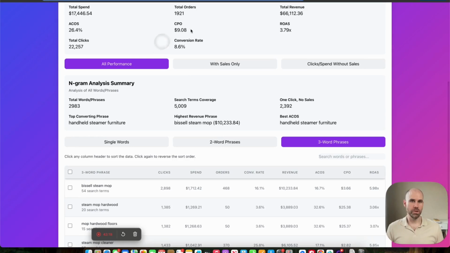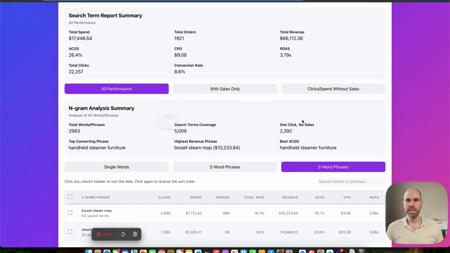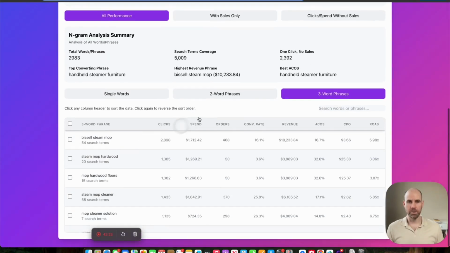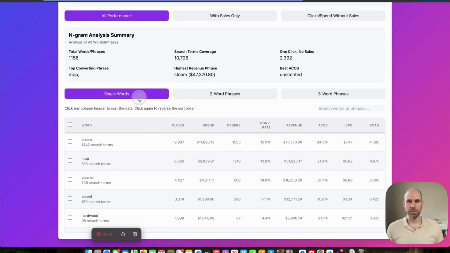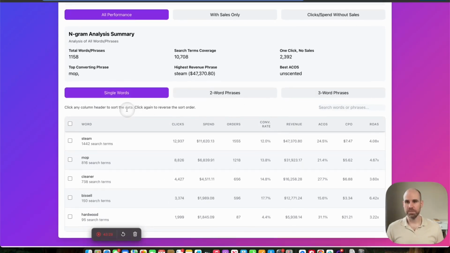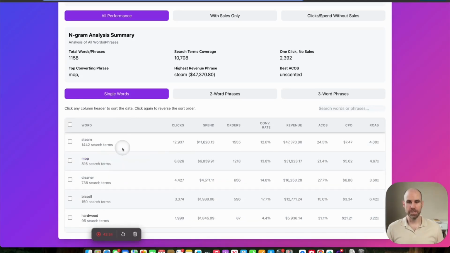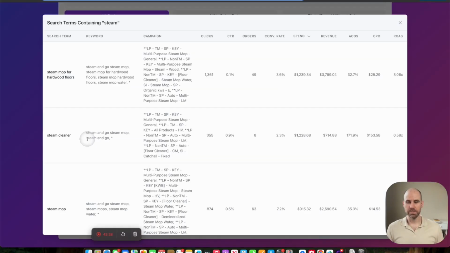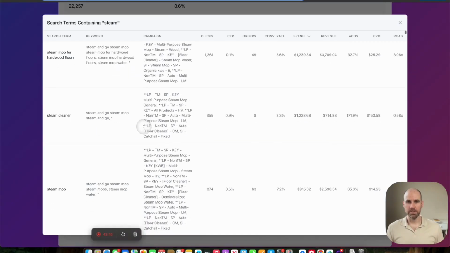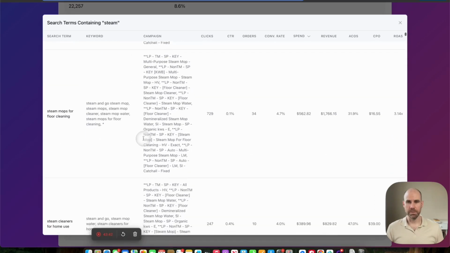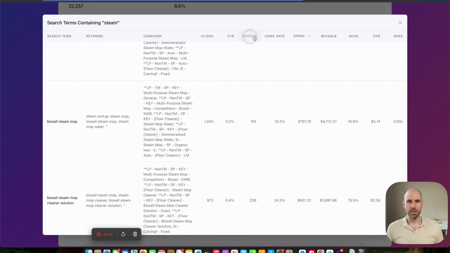And this just gives you a quick summary of your search term report, gives you a quick Ngram analysis summary, and you can select 1 word, 2 word, 3 word. This one only goes up to 3 word. And then you could go in here and look for different combinations that you maybe wanted to dig into. So for example, you can even click on this and dig in and see more details on that. You can also sort